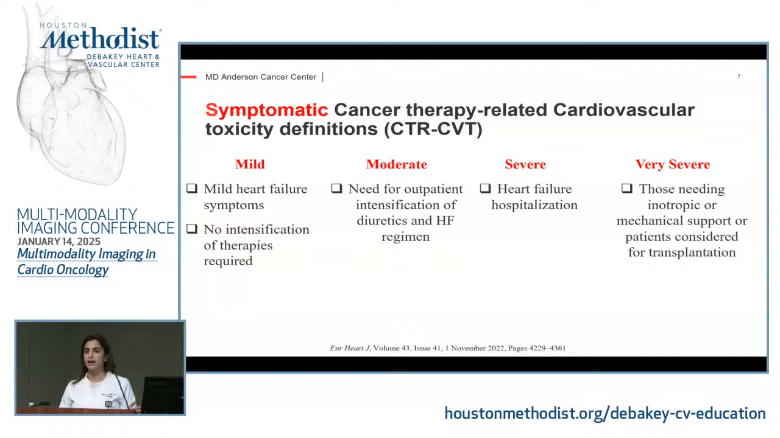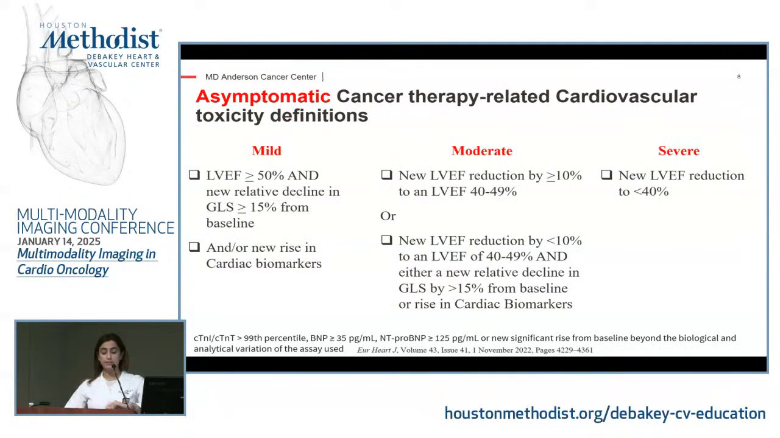Those are the patients that have heart failure that come into clinic. You may need to up-titrate medications. That becomes the moderate range. Severe are the ones you're sending to the ER. And then there are patients that get admitted to the CCU and ICUs with inotropic support, mechanical support, in some cases would require transplantation. The asymptomatic variant is a lot of what we're going to focus on here at the beginning of the talk,